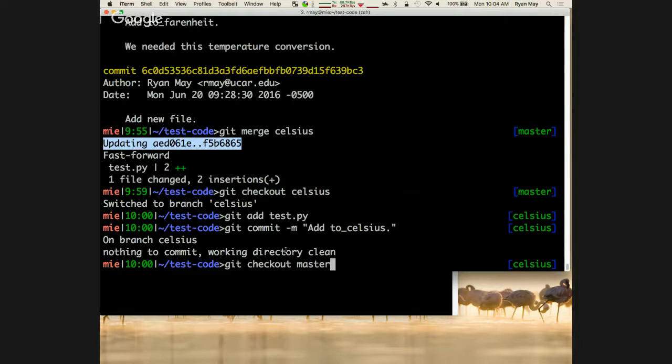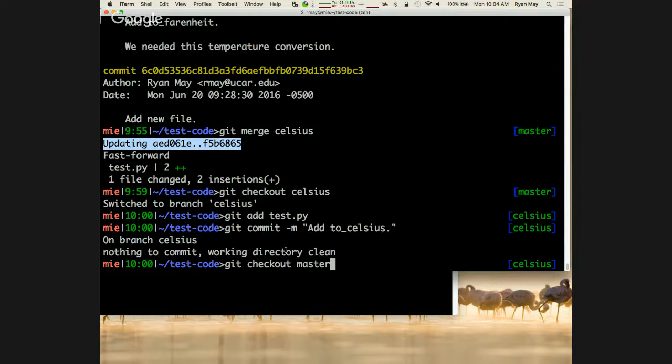Hit i for insert, and type the message, add to Celsius. Okay. Escape. Colon wq.